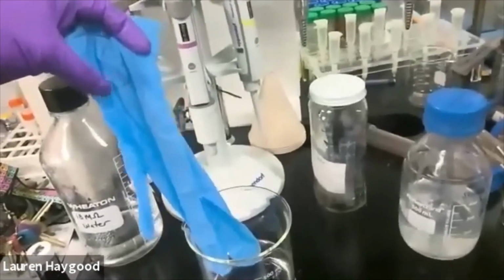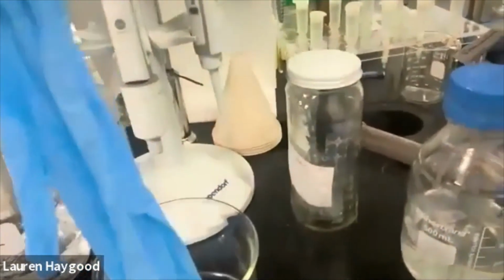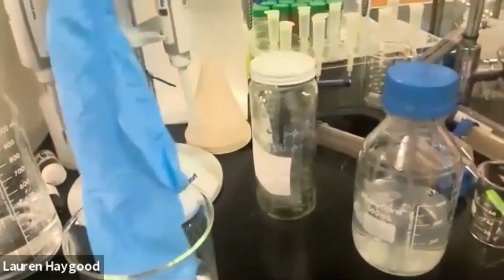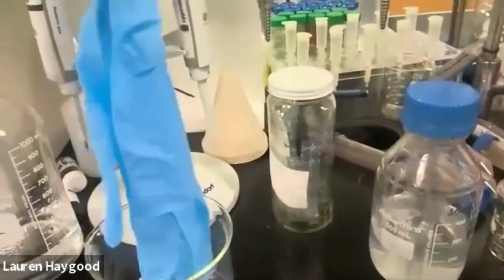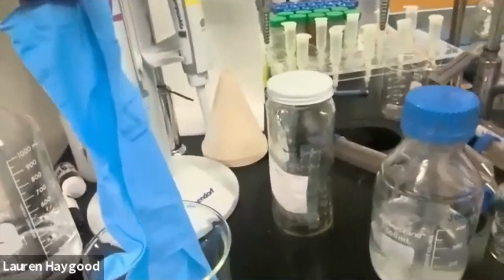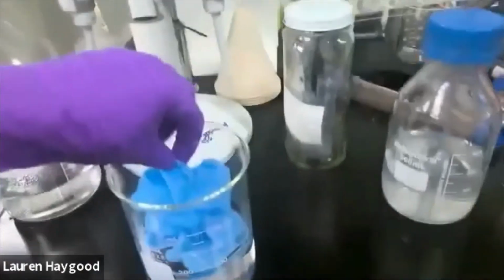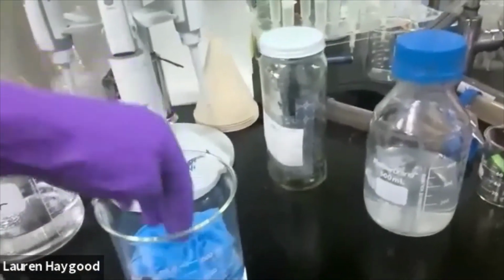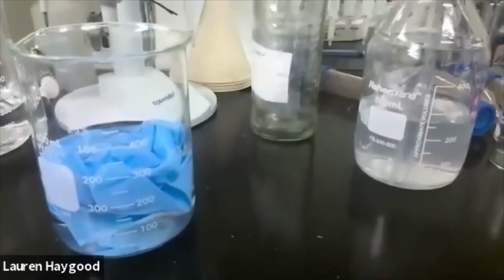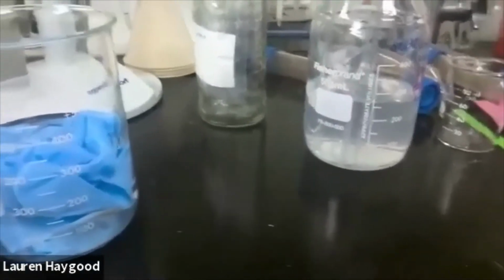everywhere below my finger here has been affected by the acetone. It's kind of like a light bluish color, and the glove's very thin and it's kind of spread out a lot. Whereas the top part of it that really wasn't exposed to acetone is still in fairly good shape. And there is a reason why nitrile gloves are not great for use in acetone, and that is the fact that nitrile gloves get eaten by ketones, and ketones are present in